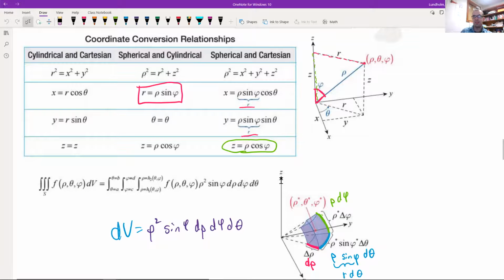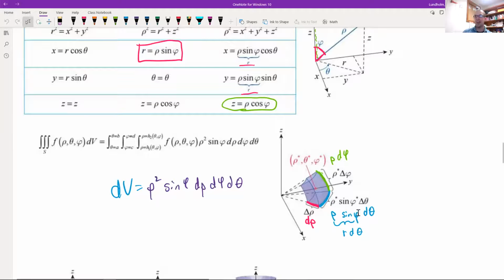A little change to the angle emanating from the positive z-axis puts us along a great circle on this sphere. And so this length can be represented by rho d phi, very similar to the r d theta that we're used to in the xy plane. It's just the radius times a change in the angle measure. And then the final one, which is particularly confusing, is this rho sine phi d theta,